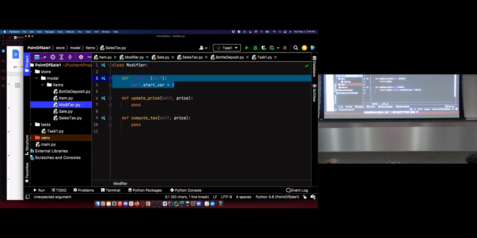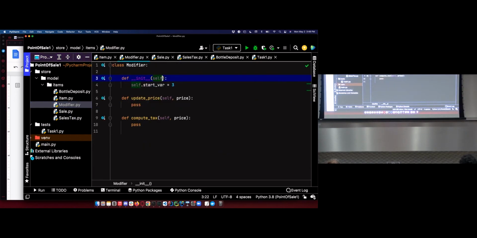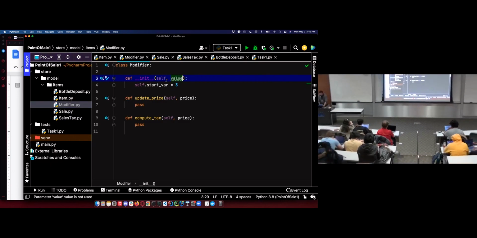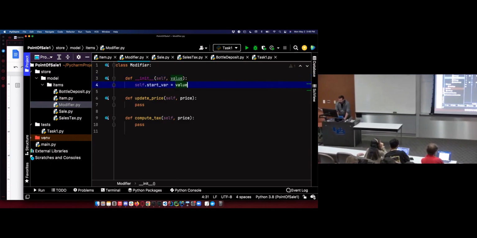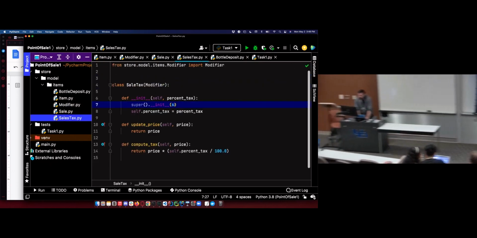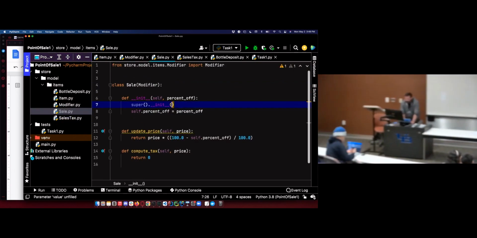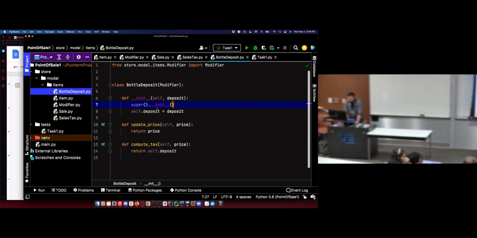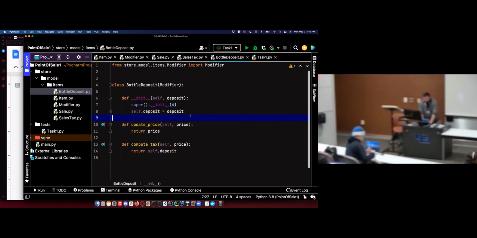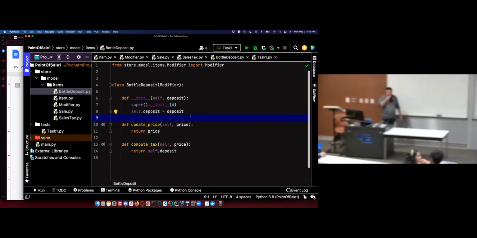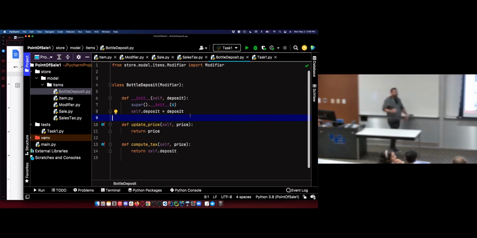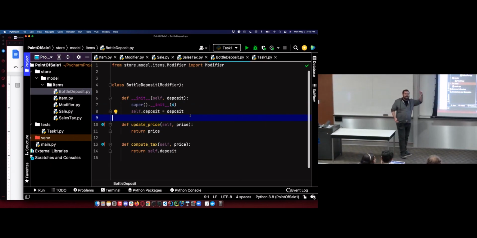Like if this took some number, we're going to have to give it some value here. So we're not overriding the constructor. All the constructors through the whole inheritance chain have to be called.